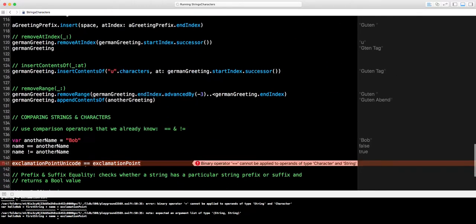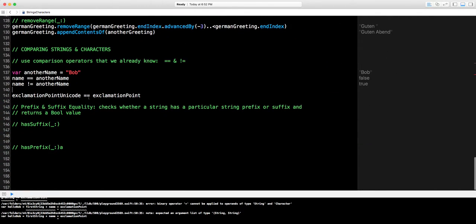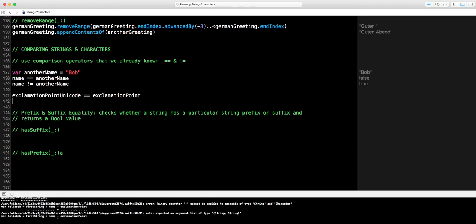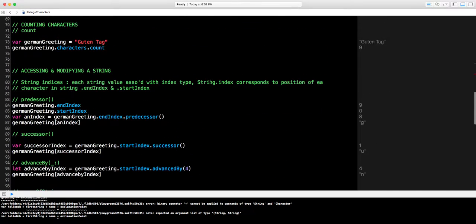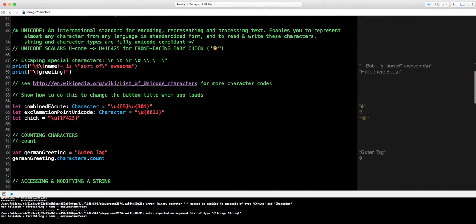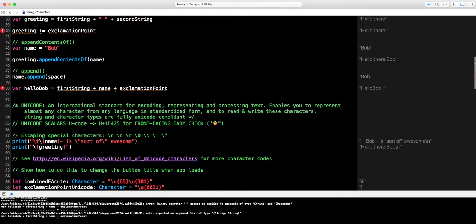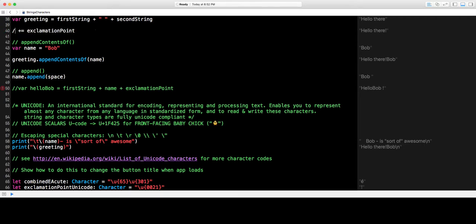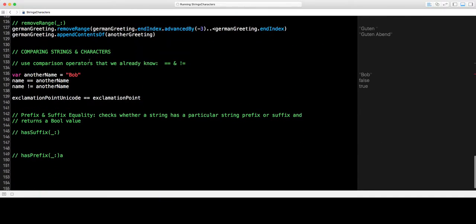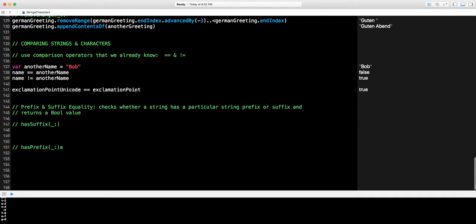Go back down here and see if this is true. Okay, we got another error because I messed something up. So I'm going to comment this out. All right, there we go, it equals